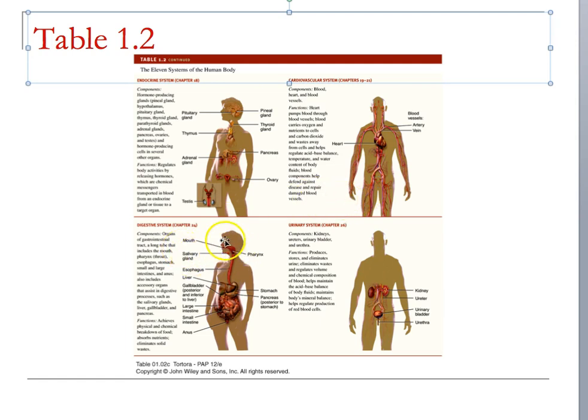And to do that, we have to ingest materials. Vegetarian, vegan, omnivore, makes no difference. You break that stuff up back into its monomers, and then your liver and the cells of your body create what they need to continue doing. You can't do it without a digestive system, though.